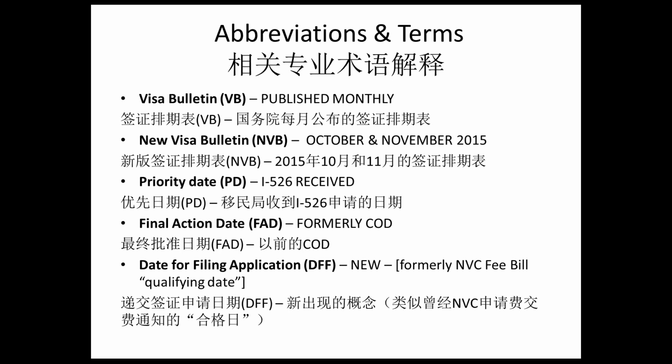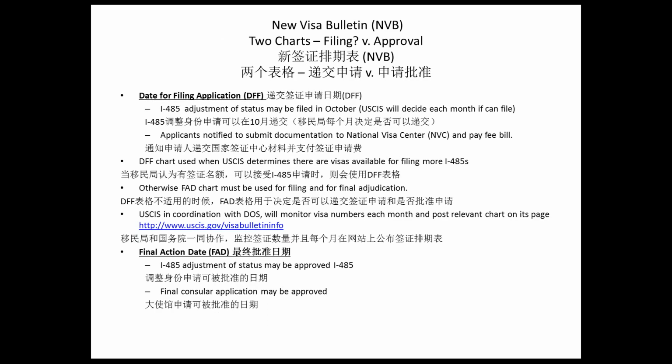For those of you who are very experienced and the lawyers who are listening on the line, this is the old qualifying date that the State Department used to issue the NVC fee bill, and if this used to be an internal number that they would use to send out the fee bill, now they are using it potentially also to file an adjustment. 对于比较有经验的各位，可能理解上来说，这一个日期比较像是以前用来发出签证申请费交费通知的那一个合格的日期。This is a summary of what I have previously mentioned, so I will not repeat it other than to mention that for the month of October you can file an adjustment if you meet the DFF date. 基本上就是说在10月如果你达到了递交签证申请日期的这个标准的话，你可以根据这个日期来递交你的调整身份的申请。